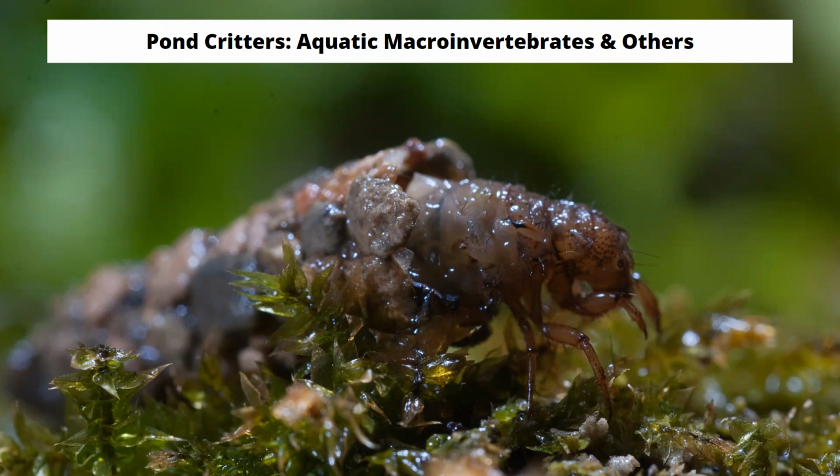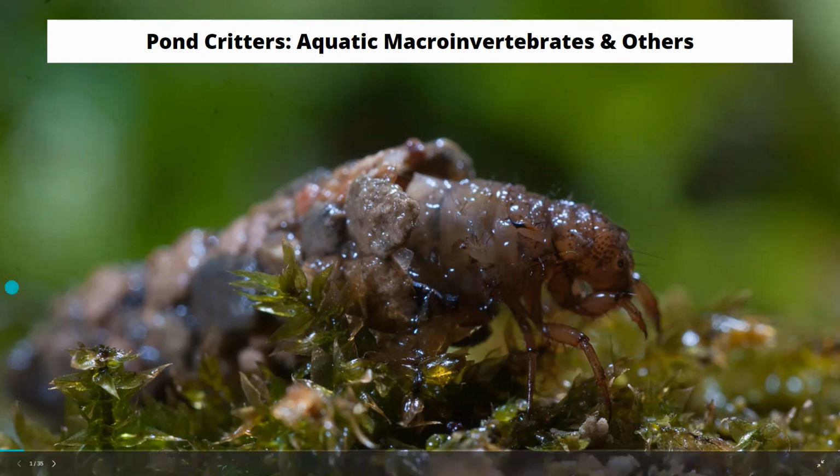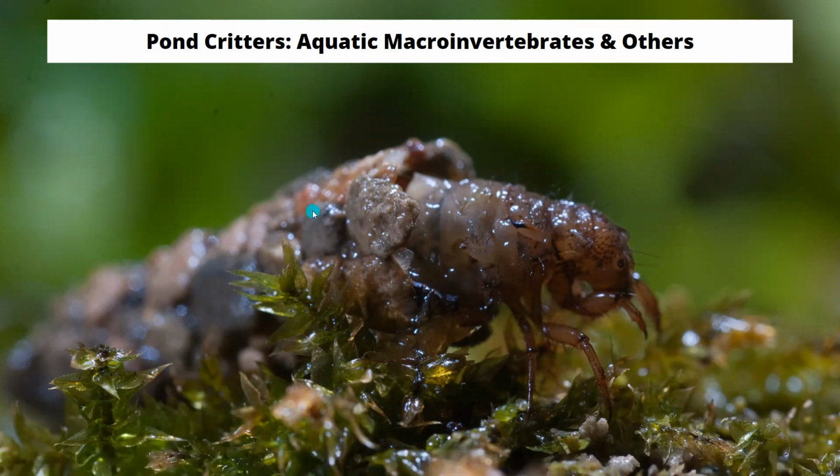Now, just a little bit of preface for this one. What we are going to be going over this evening are organisms that are considered good bioindicators or considered not harmful to human beings. There are a lot more that we can discuss, such as mosquitoes and other things, but tonight I wanted to go over those things you can look for that will tell you if your pond's ecosystem is healthy and what their place in that ecosystem is going to be. But if you have questions on things that are not mentioned here this evening, please feel free to ask them. I am more than happy to go over them with all of you. But why don't we go ahead and dive in?